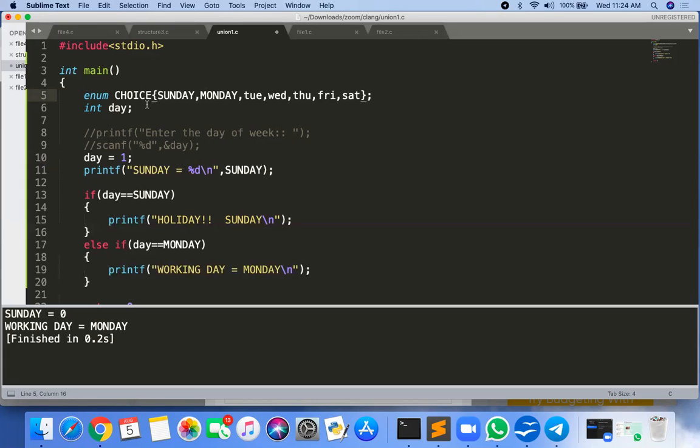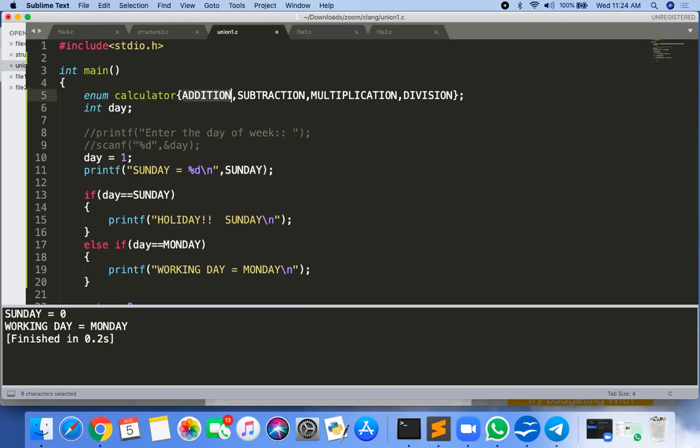I think you have done that program, the calculator. Yes, in that calculator you have done that: enter 1 for addition, then it is subtraction, then multiplication, and division. Okay, so what is the value of addition now? If I print the addition, then what is the value? By default it starts with 0. If you are not giving a value, by default it starts with 0.